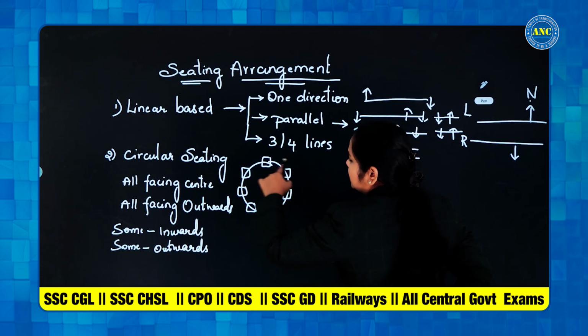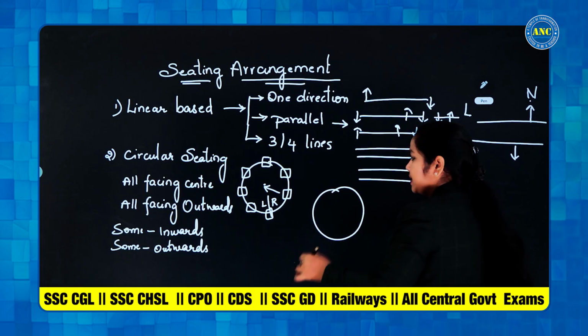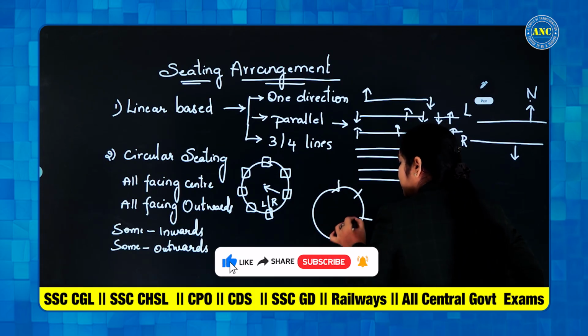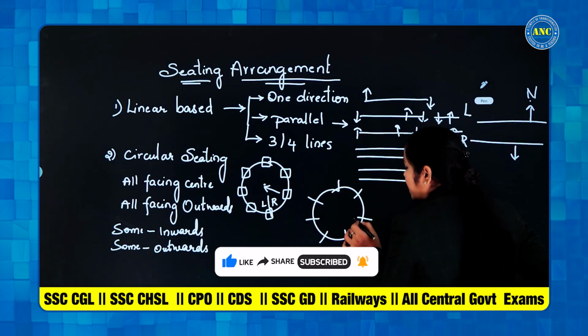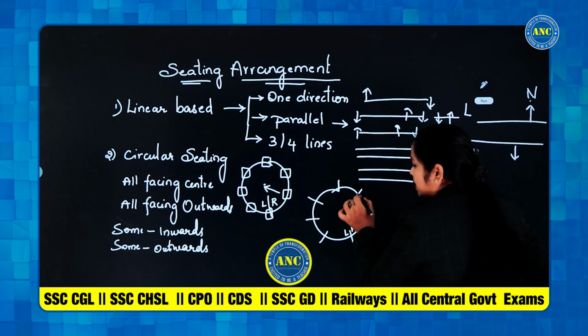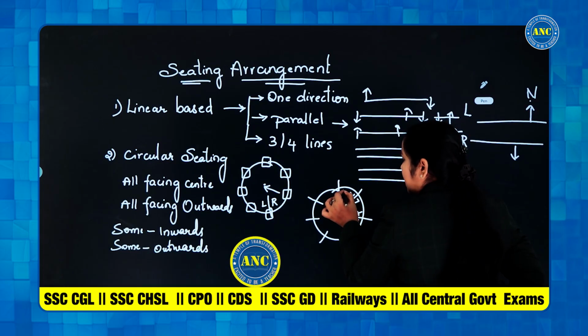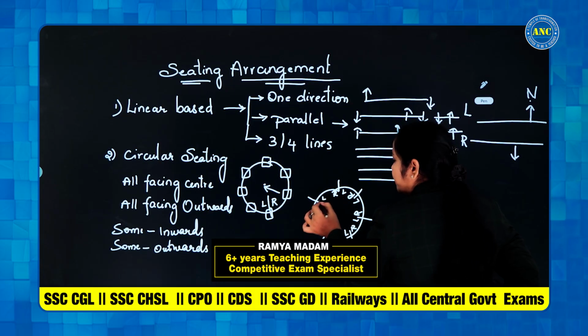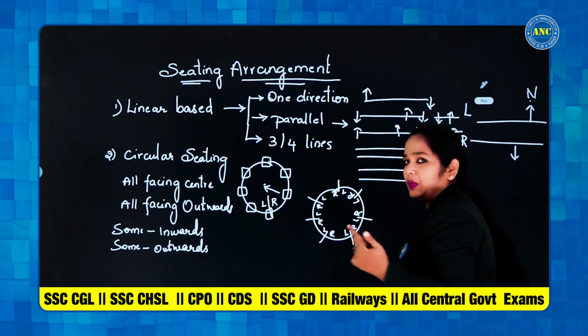For every person, the same thing, no? So, what I suggest is, in initial days while you are practicing, if you take people arranged like this, mark their positions, left, right. This will be left, this will be right. For this person, this will be left, this will be right. Are you getting what I am telling? Initial days while practicing, mark the positions.